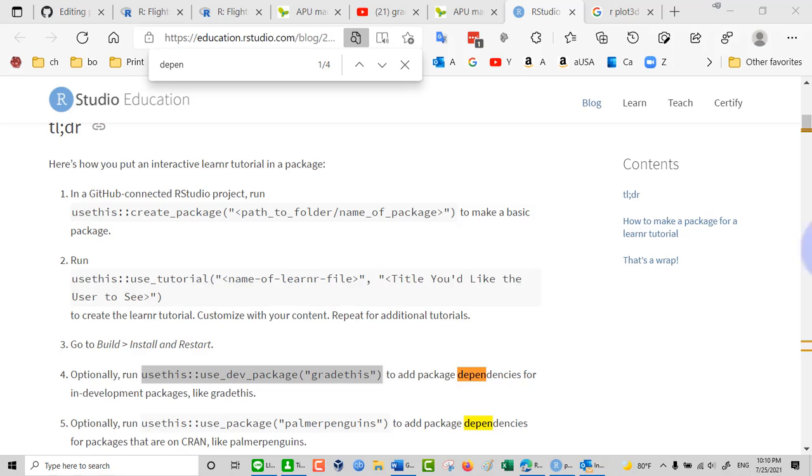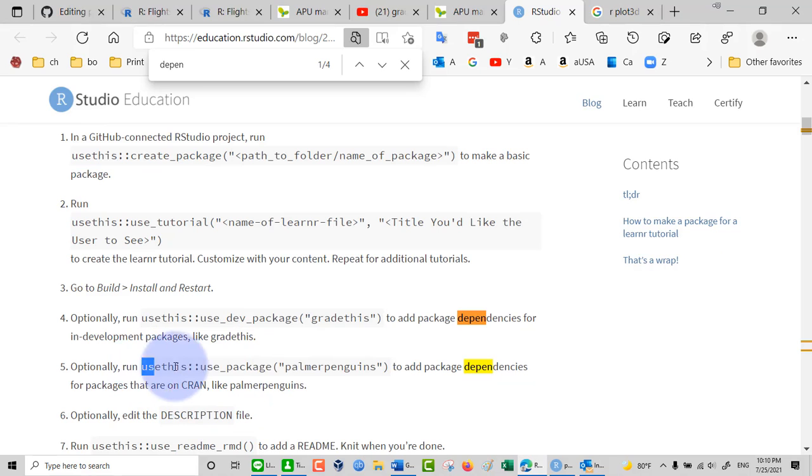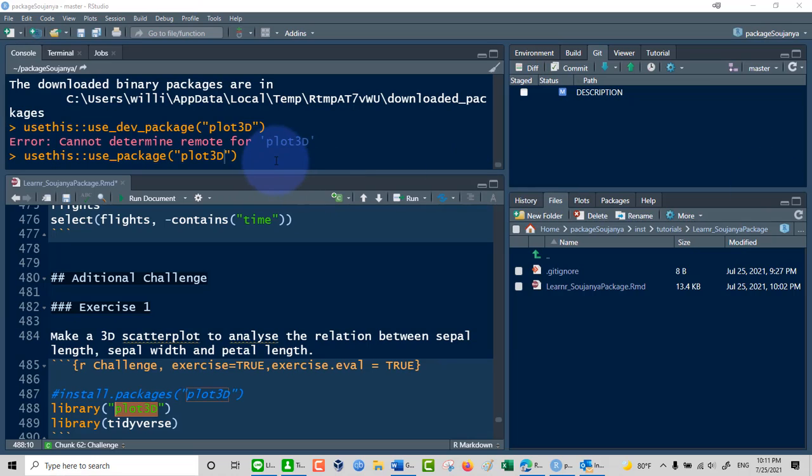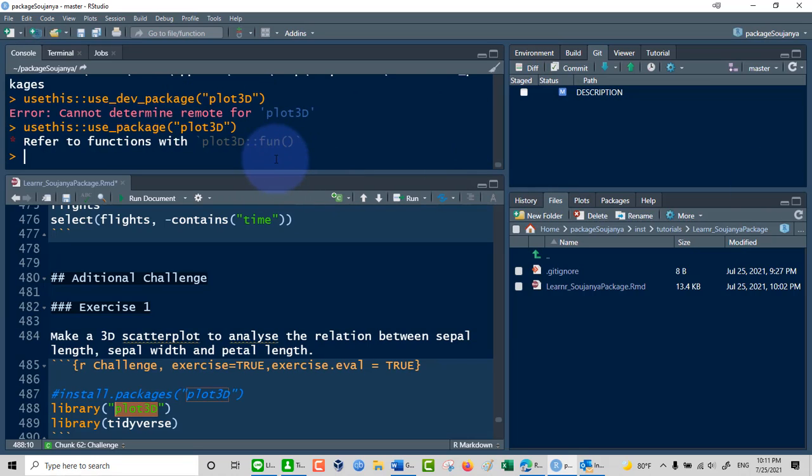Okay, actually that's the wrong command. This is for development packages. So actually it's this one for packages that are already on CRAN. So let's try that. Okay, maybe. So here it says if we want to refer to functions within here, which we're probably not going